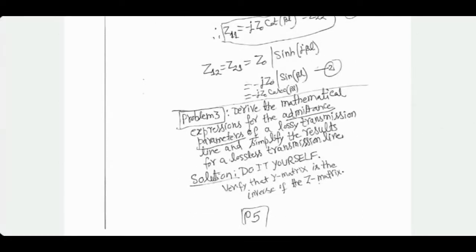The next problem which I have not done is to figure out Y parameters. It should be possible for you to do it. Either you invert the Z matrix or go ab initio using the very definitions. I don't have the answer for it, but I'm sure you'll be able to figure this out. It's not that difficult. You write the equations for Y parameters and use the telegrapher's equations, and then use the appropriate definitions for the 4 Y parameters.